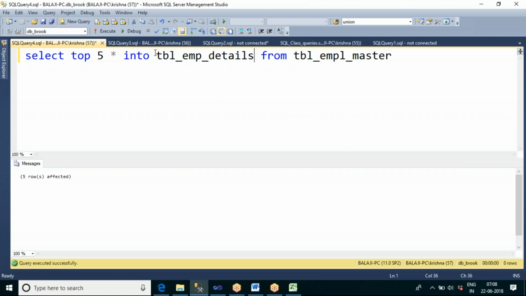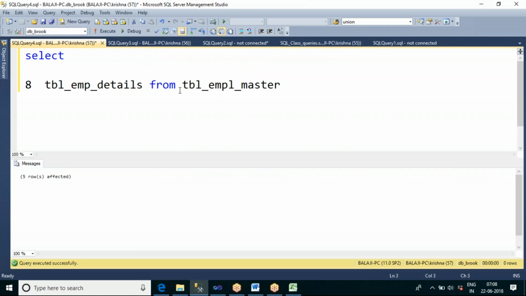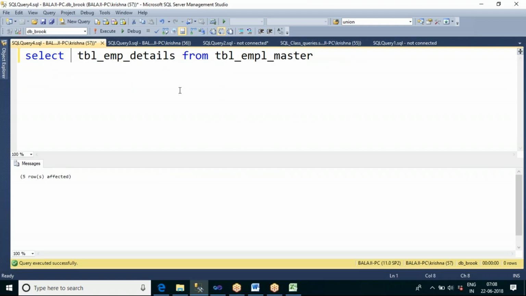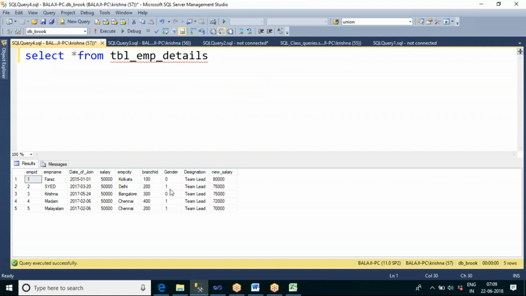Let me take this table as the master table. In this table I have five records. For this table I want to maintain historical data.